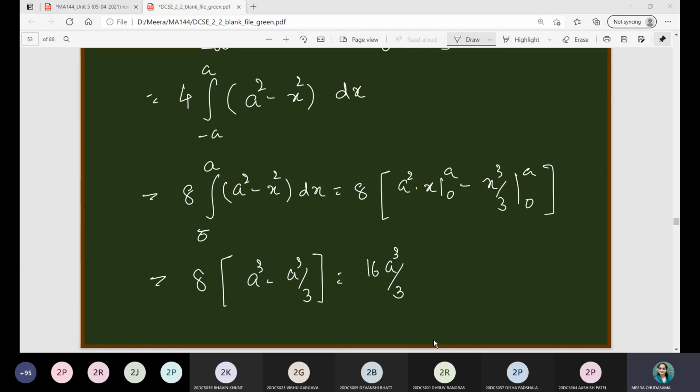So that is what using double and triple integration you can find out the area, surface area, or the volume of the surfaces you are given, or the curve you are given, right? So that is the application of double and triple integration we need to consider, right?